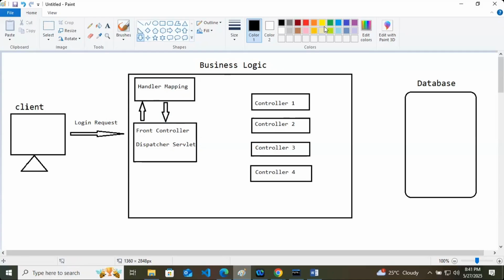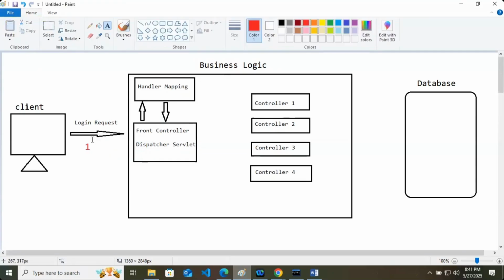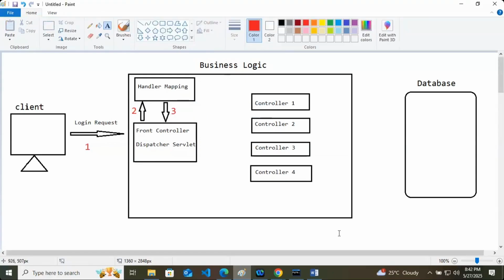Let me number them for your ease. This is the first flow of the request. Request is going first here. This is the first request. This is your second part. This is your third part, where the request is traveling like this: 1, 2, 3. Then again, the front controller will know the name of the corresponding controller.